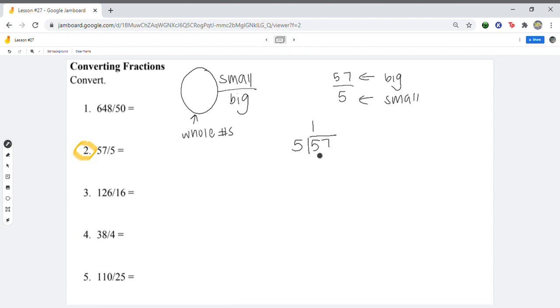5 goes into 5 once, and we'll end up with 0. And then we're going to bring the 7 down here, and we know that 5 goes into 7 one time. So we did 7 minus 5, which is 2. And we know that we have a remainder of 2 now. So the way we're going to do this is that,